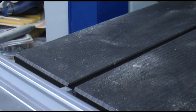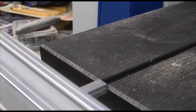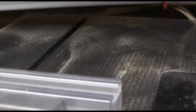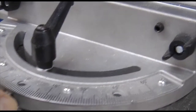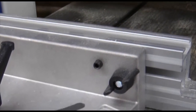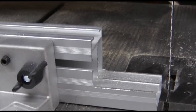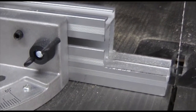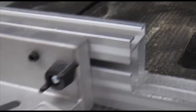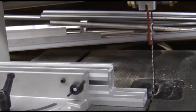So one of the criticisms you often get is that once these are in, you get a little bit of movement, a rock on here. Now you can hear that tiny bit of movement, that's very, very small. It's going to make half a mil difference, a few thou, but in general the rattle is caused by it going up and down, not through the fence rattling. It's actually quite a very good fit in that slide,